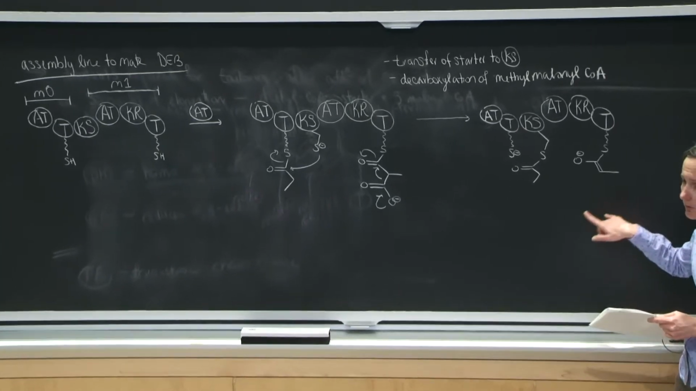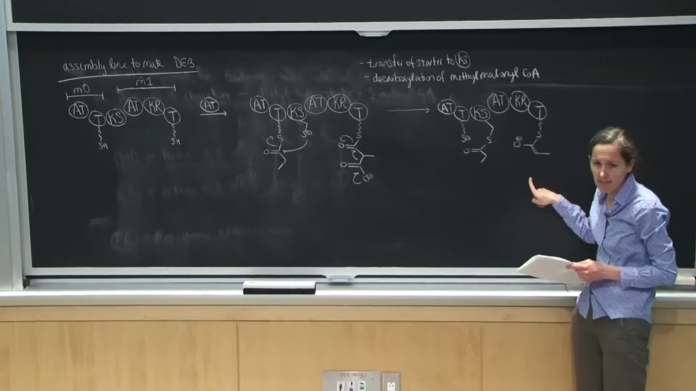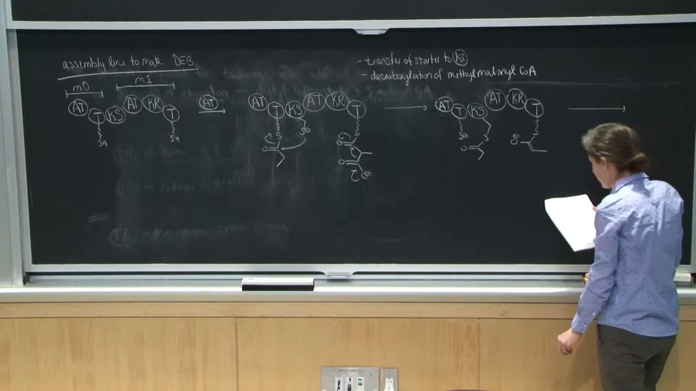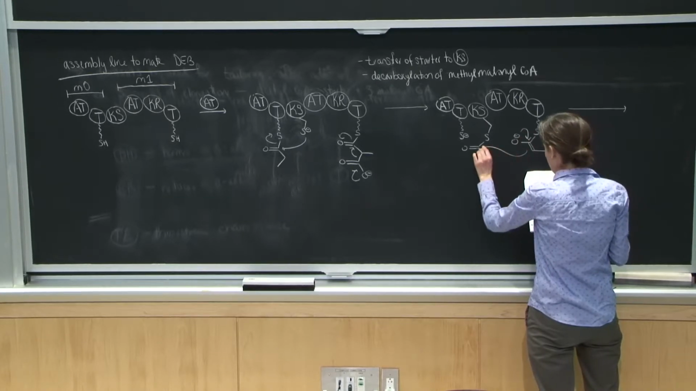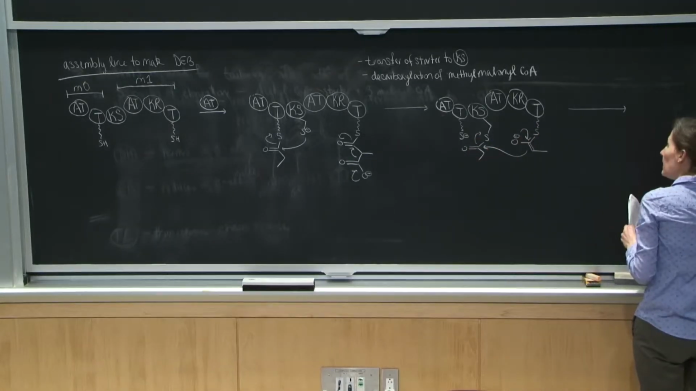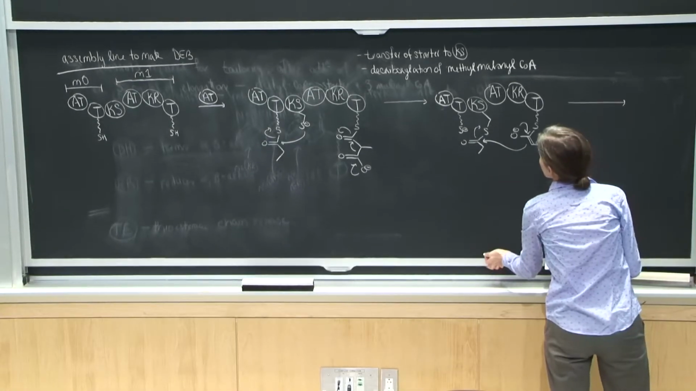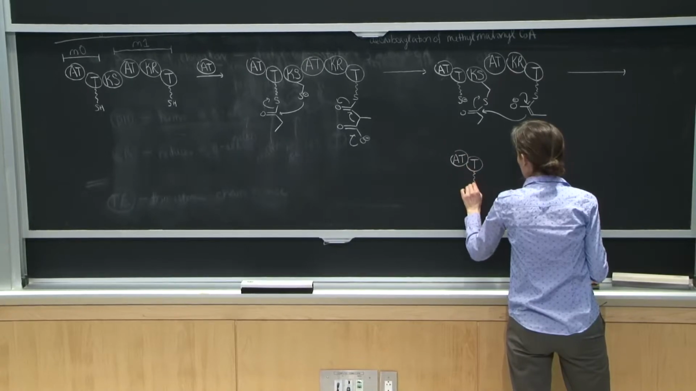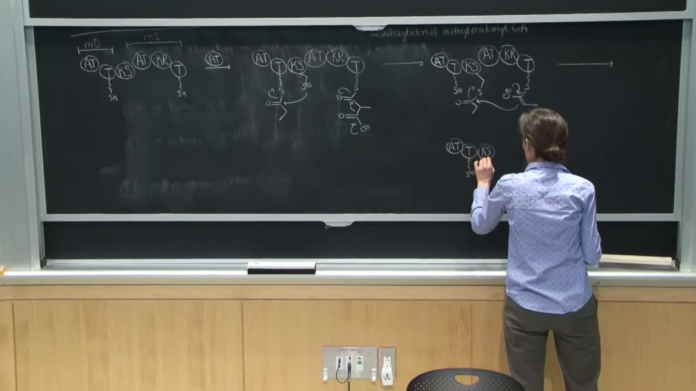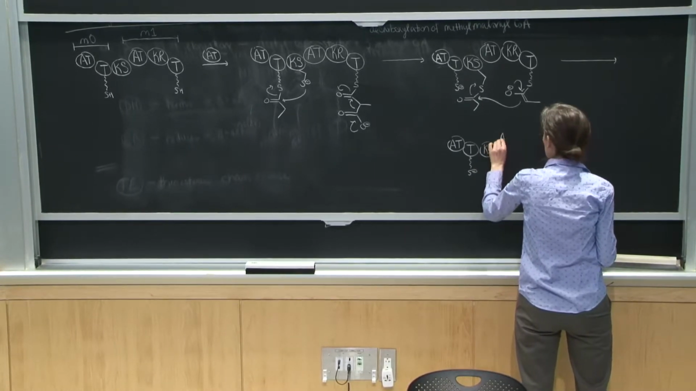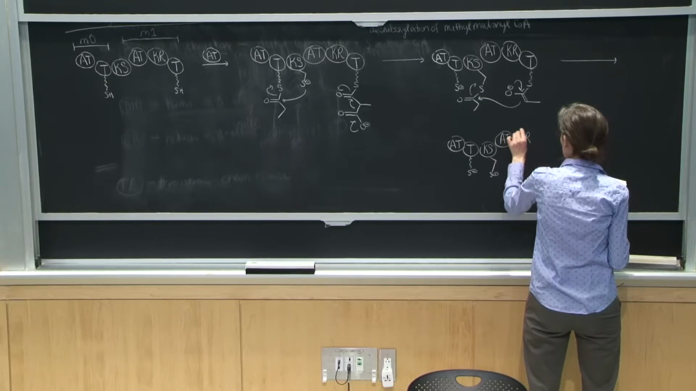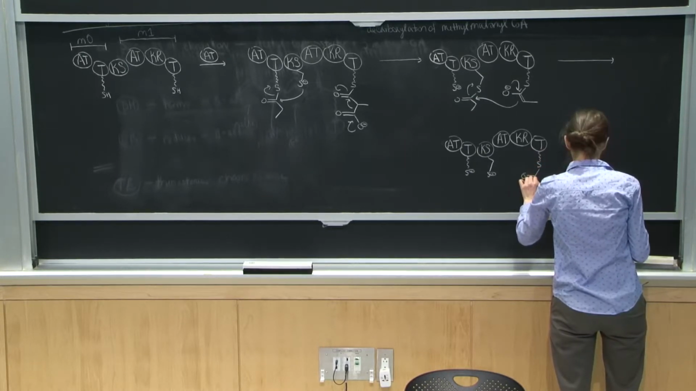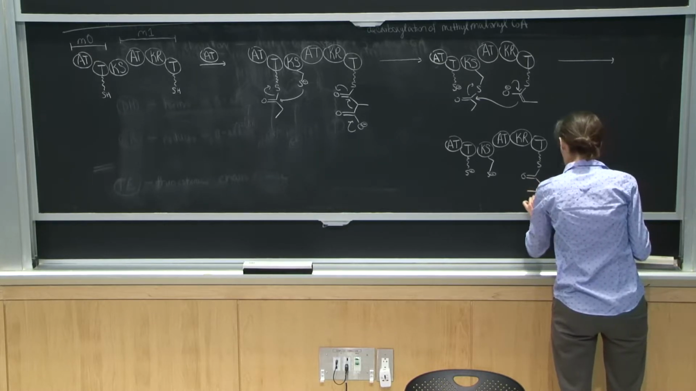Okay, so now what happens? Now the assembly is set up for the Claisen condensation to occur, which is catalyzed by the ketosynthase. Right, so what will happen here, you can imagine that. And as a result, where do we end up? I'll just draw it down here. Okay, and what else do we have? We have